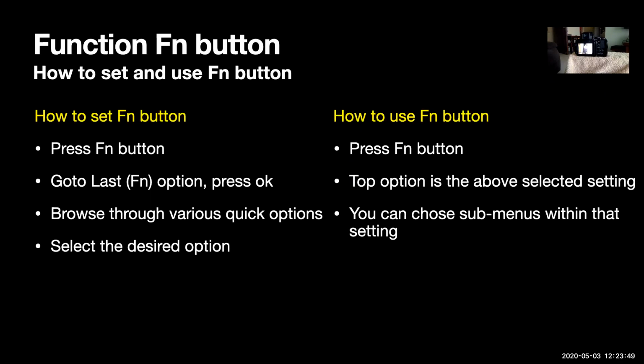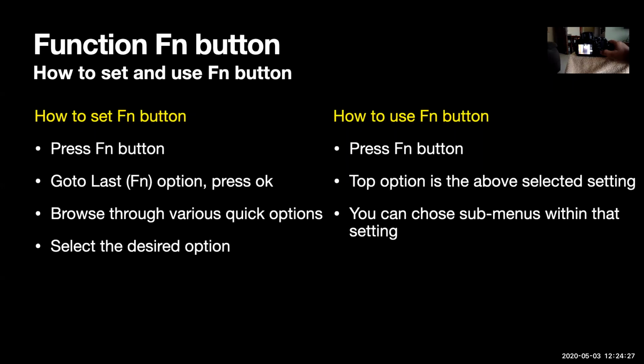If you use the same operation most of the time, then you use the shortcut button. If you just click the function button, right now on the top it shows ISO, and the right arrow is seen next to that. That means it is set for ISO right now. Let's go down, and below that there is an icon called the FN icon. I'm pressing the icon here and clicking OK. All these icons you see are the various settings or shortcuts which are available to be set on the function button.